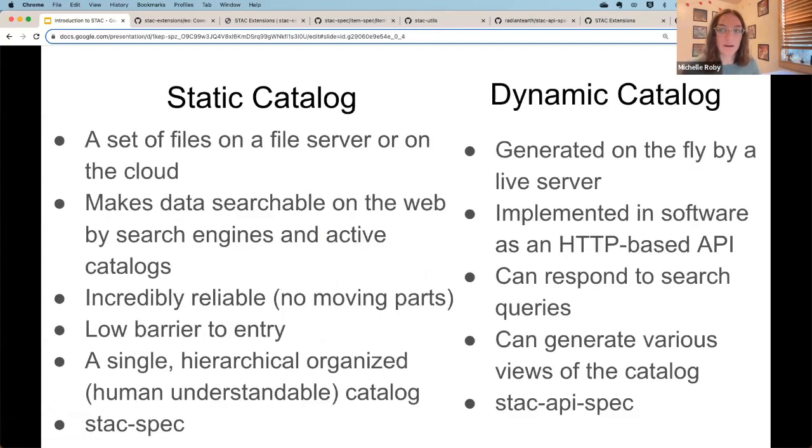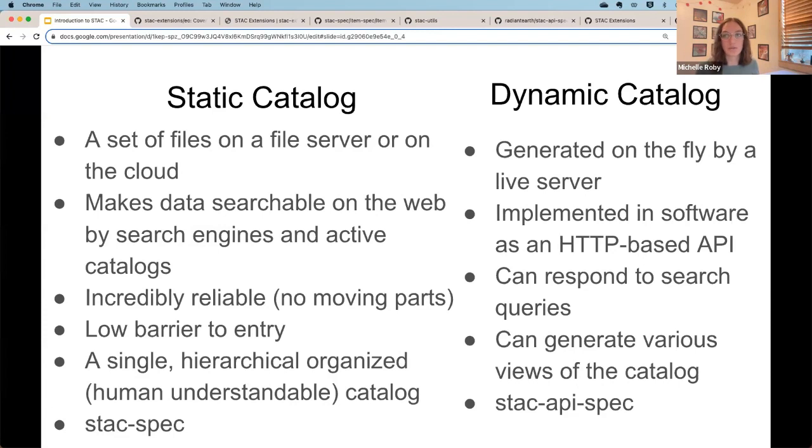One thing I did want to clarify: everything we just described is a STAC catalog, that is a static STAC catalog. And then, as I mentioned earlier, there is something called the STAC API. So if people are wanting to search data on the web through APIs, that would be a dynamic STAC catalog.